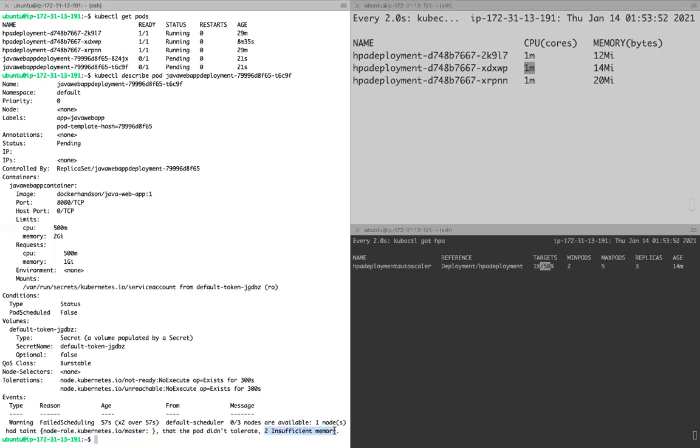Why insufficient memory? I am requesting a minimum, even though it doesn't actually take 1 GB, but I am making a reservation. If I have this much, then only schedule, otherwise don't schedule.